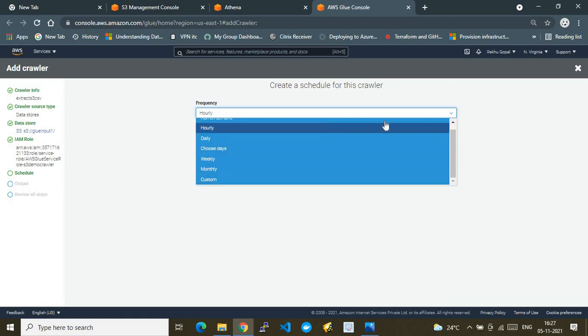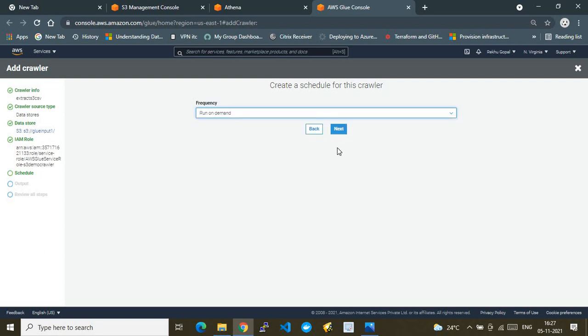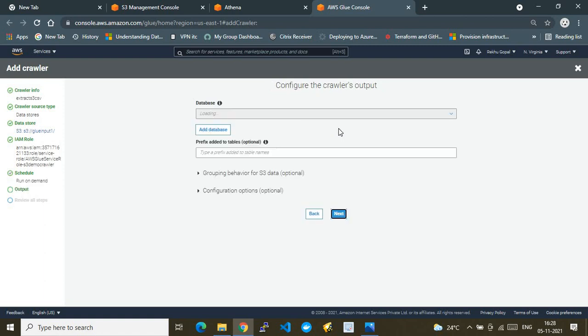As of now, I'm choosing run on demand, which means we have to run the crawler manually. Then only the crawler will go and extract the data from the S3 bucket and create the table and database in the Athena service, from where we can run the Athena query.